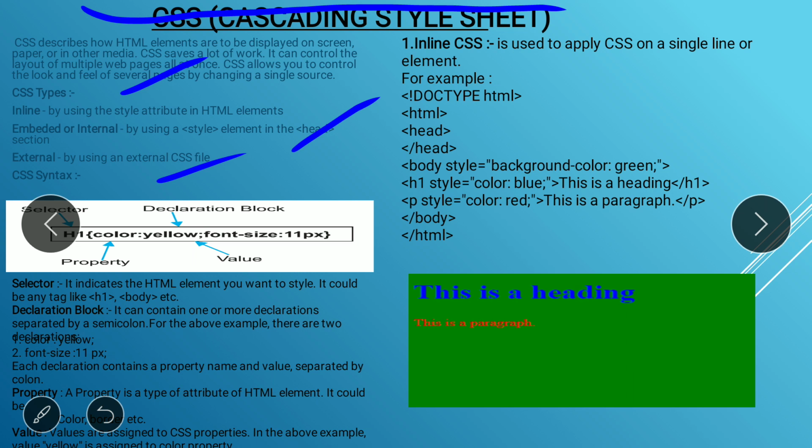But if you want the same layout for all the files or different web pages of your website, that time you have to use external CSS.